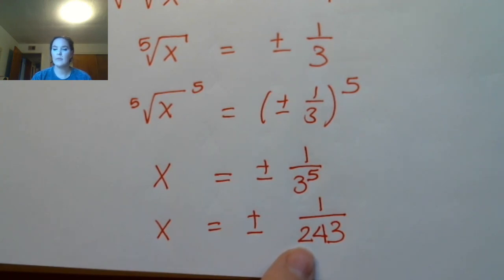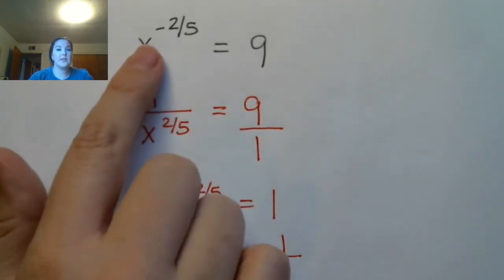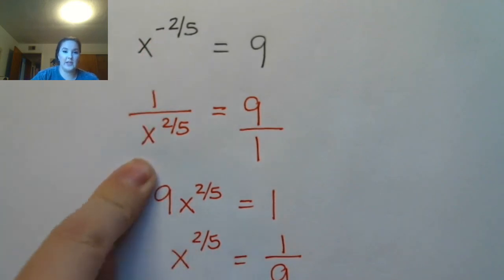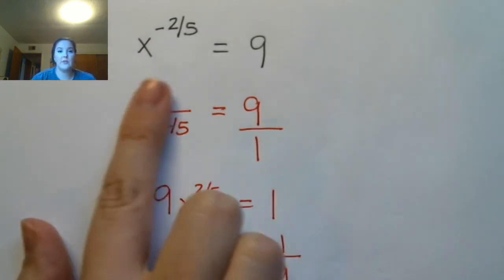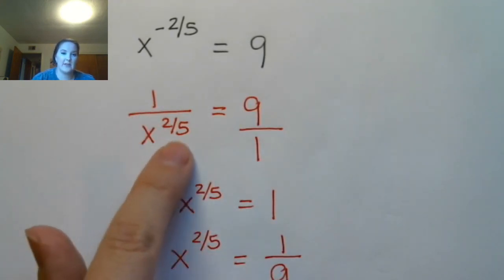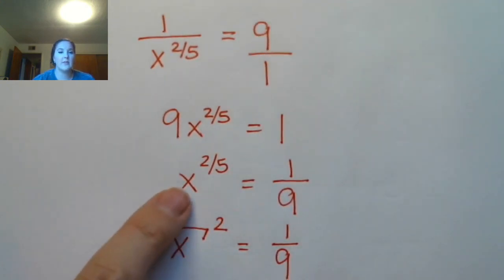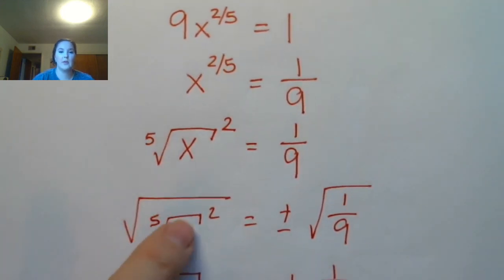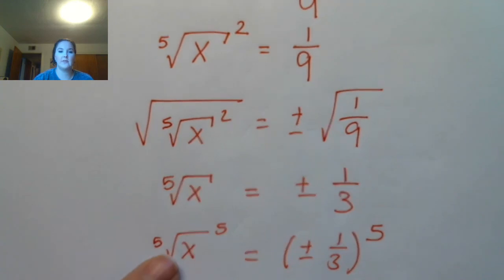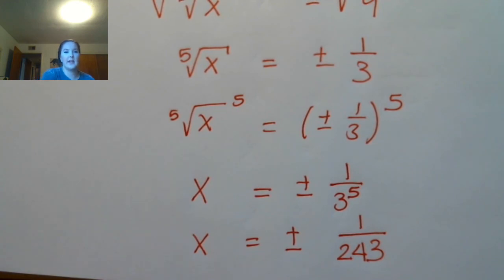This one is a little bit different because of the negative exponent. So the first thing you do is move that negative exponent into the denominator. Then you get rid of the fractions either by cross multiplying or by just multiplying both sides by x to the 2/5, to get this. And then you're back in this situation like questions A, B, and C, where you're isolating the power part, changing to radical form, using the root, and then using the exponent. All right. I hope that makes sense, and I will see you guys